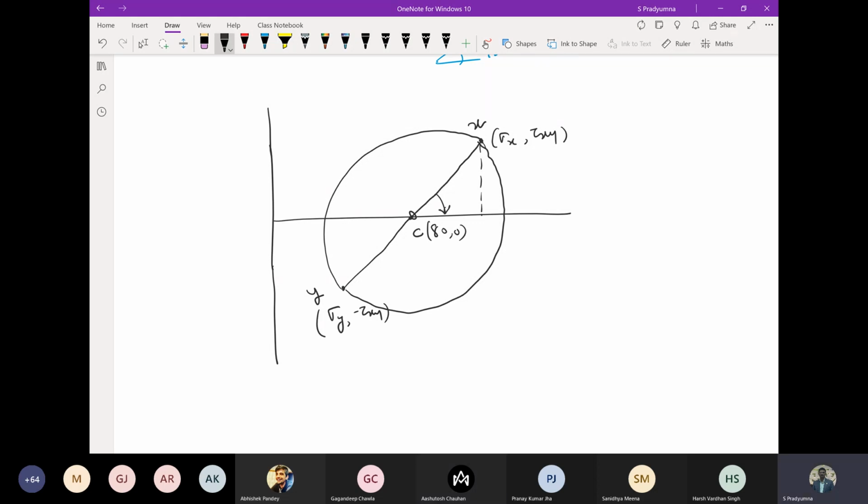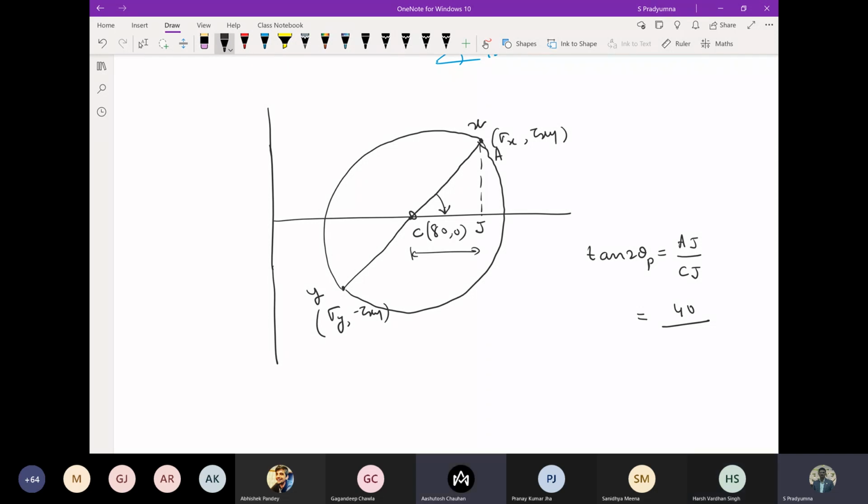That is, tan 2 theta p is equal to what? Let's say I call this point A, this is C, and let's say this is J. Tan 2 theta p is equal to AJ divided by CJ. What is the value of AJ? 40. AJ is 40 divided by CJ. CJ is (sigma x minus sigma y) by 2. Or I can just measure this with the help of a scale.